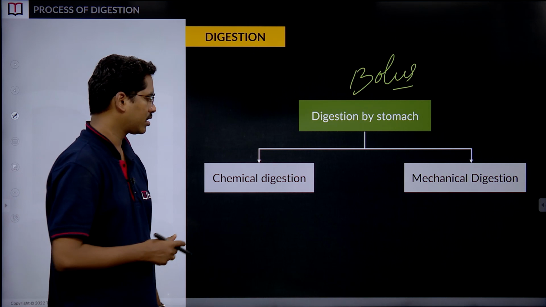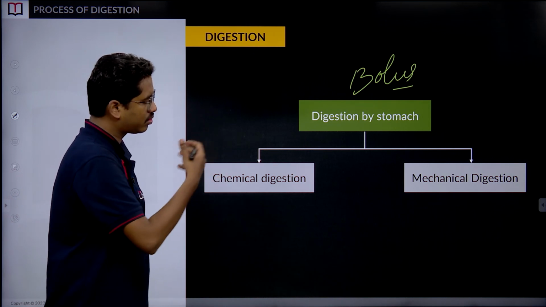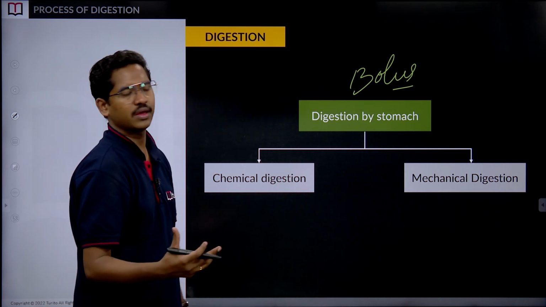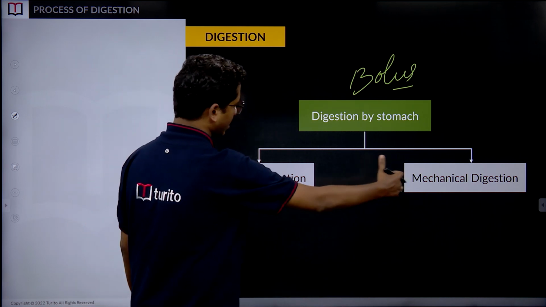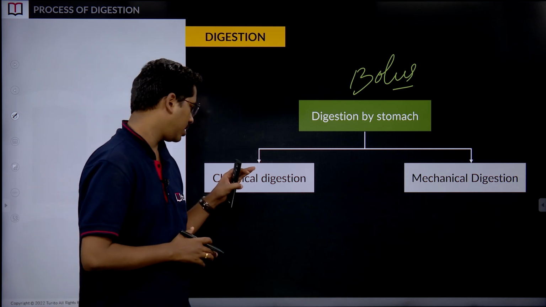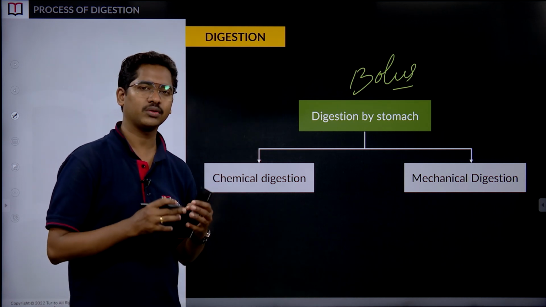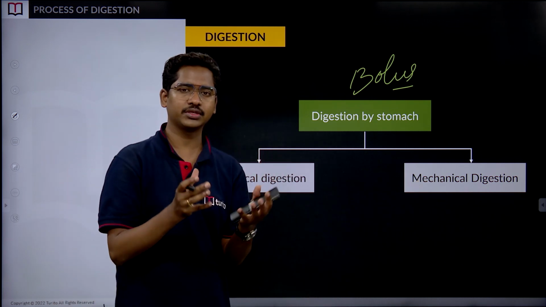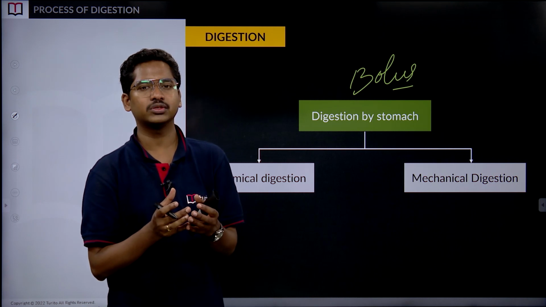Chemical digestion is coupled with mechanical digestion, even though for our convenience we are looking at them separately. Chemicals are released inside the stomach and act on the bolus, and for mechanical digestion, the bag-like structure you have seen has to be moving